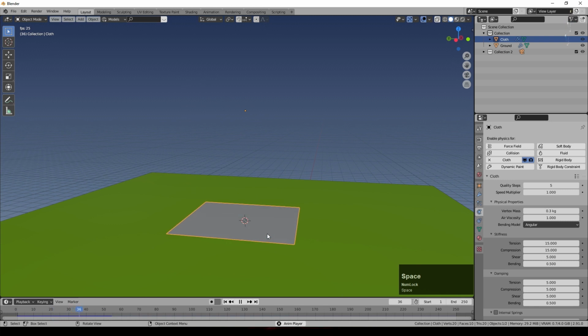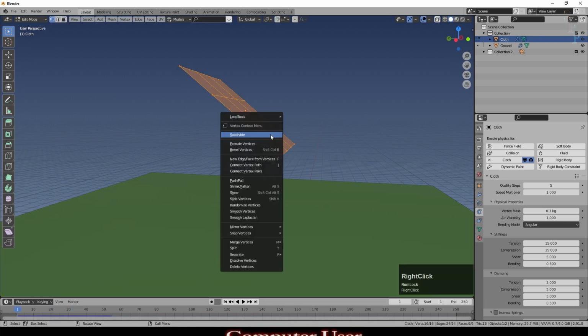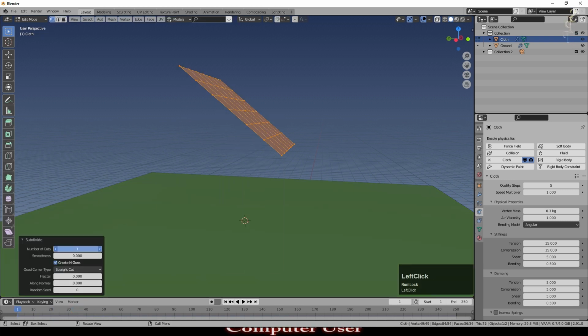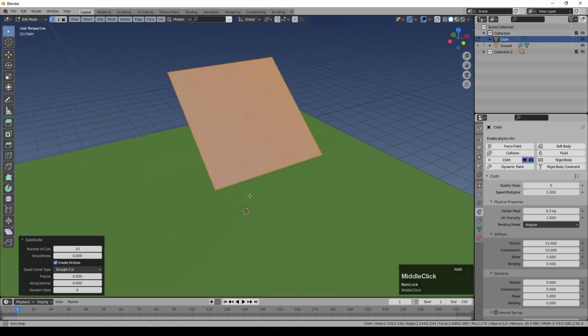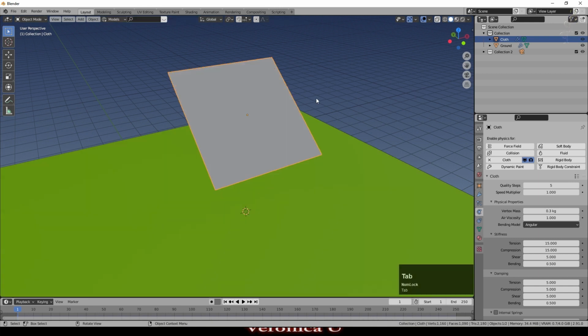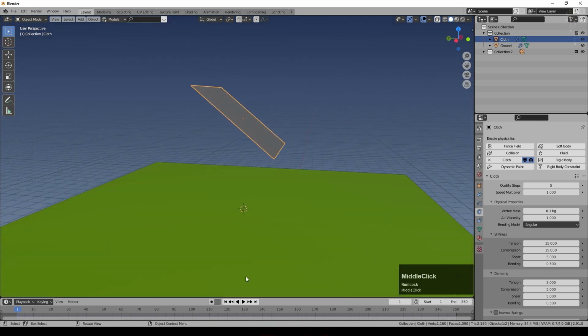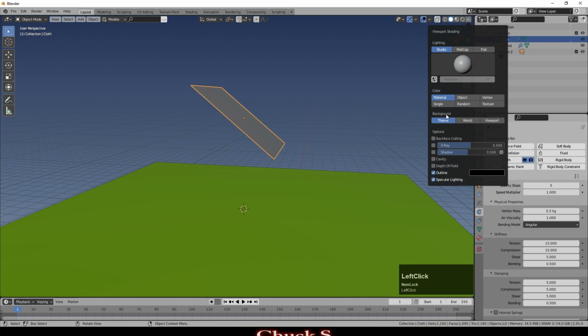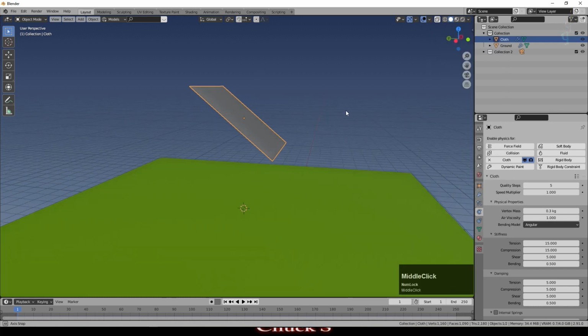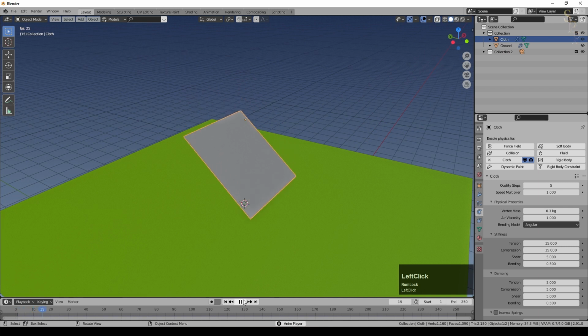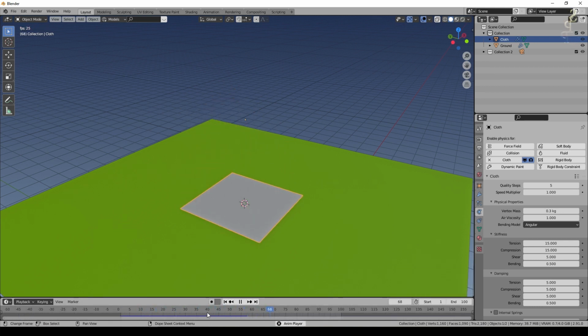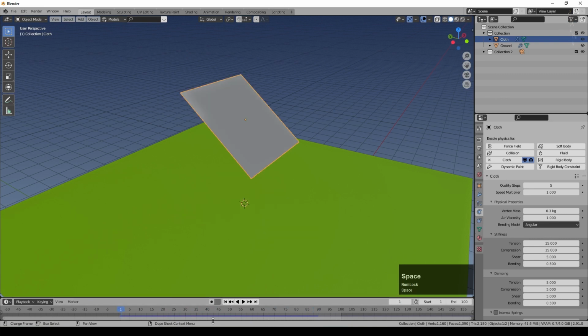So I'll go into edit mode again, right click and say subdivide, and this time I'll add another 10 cuts to those 2 that I'd already done. So that's still not a huge number for a cloth simulation, but more than enough for us to start to see it behaving like cloth. I'll just come up here and turn on cavity, which can make shapes a little easier to see. So you can now see what that's doing. I'm going to just turn this down to 100 frames for the time being. And you can see we've got a little line down here, and that shows that it is baking as we go.